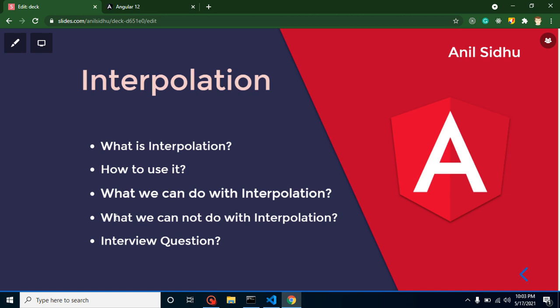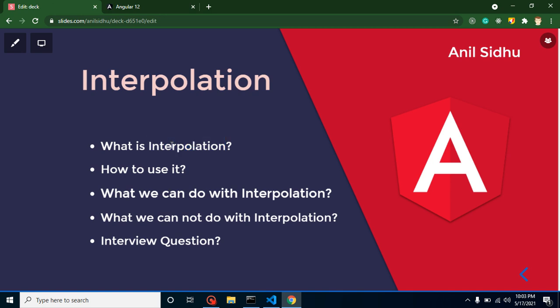And this is the more solid interview question as compared to third part. Why? Because almost all things of JavaScript can be done with the interpolation, but only few things cannot achieve inside interpolation. That's why this is the more solid interview question. And at the last we will discuss some more interview questions also. So now let's start with the first point.